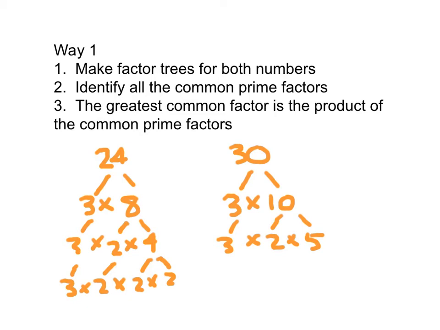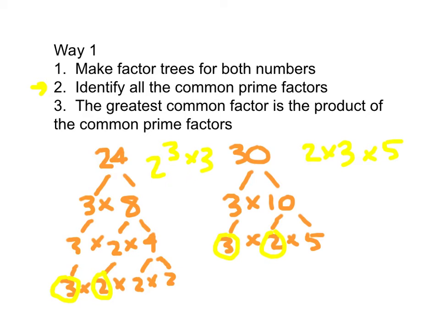The prime factorization of 30 would be 2 times 3 times 5. Remember, we put that back in order. Whereas the prime factorization for 24 would be 2 cubed times 3. Step 2 says to identify all the common prime factors. So 3 is common with 3, 2 is common with 2,